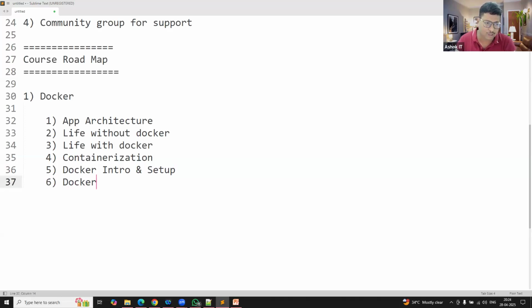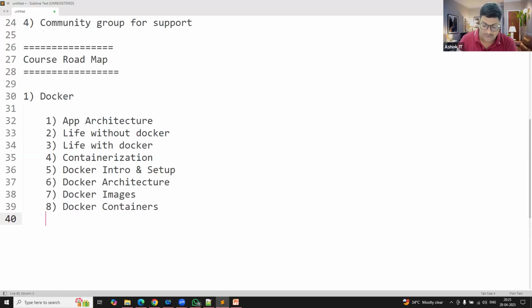What is Docker and how do we set it up? Then we will talk about Docker architecture: what is Docker and how is it going to work? Next, we are going to talk about Docker images, Docker containers, and Dockerfile. What is a Docker image? What is a Docker container?